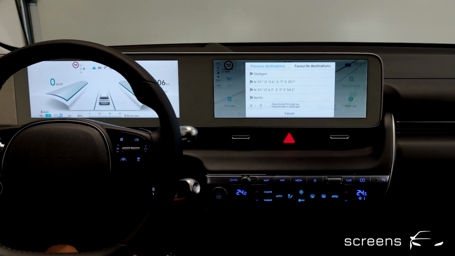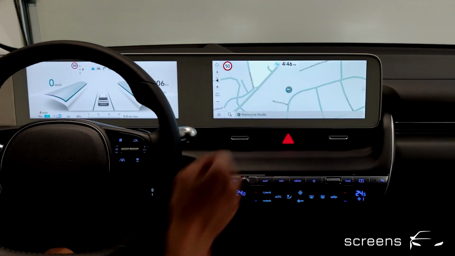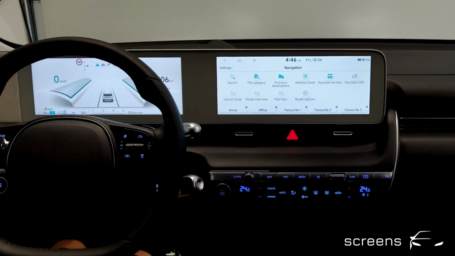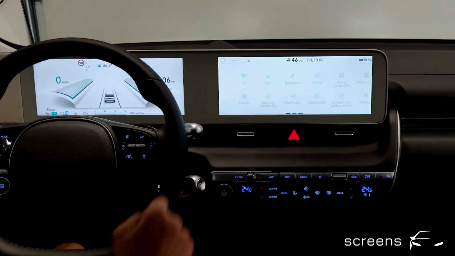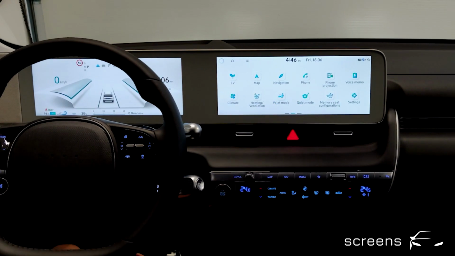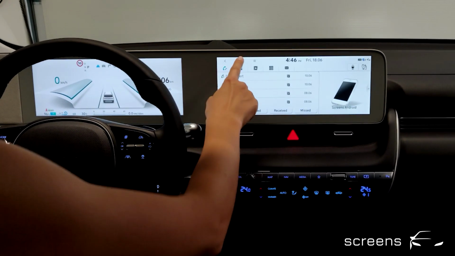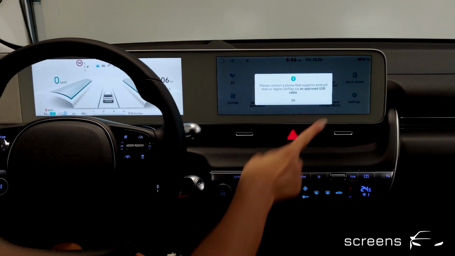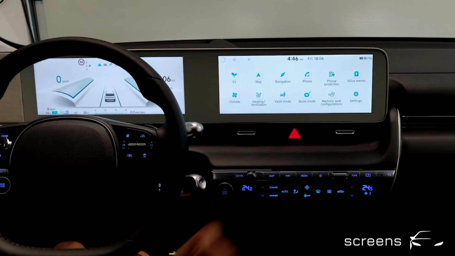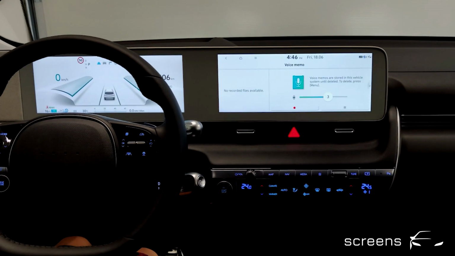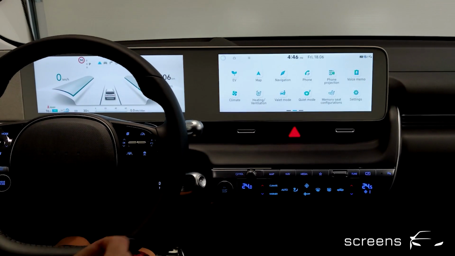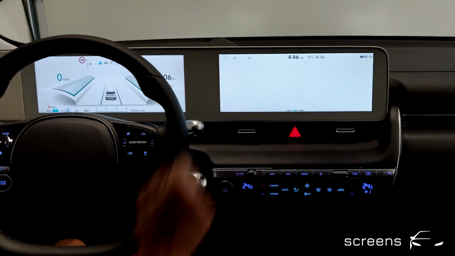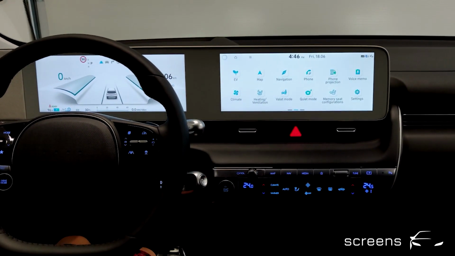followed by the map menu, which is closely connected to the navigation menu, there is a phone menu, phone projection, which consists of Apple CarPlay and Android Auto. We can record and manage voice memos. There are climate settings, heating and ventilation,